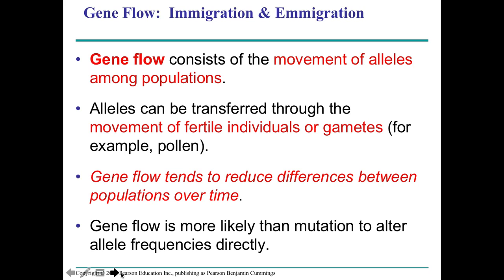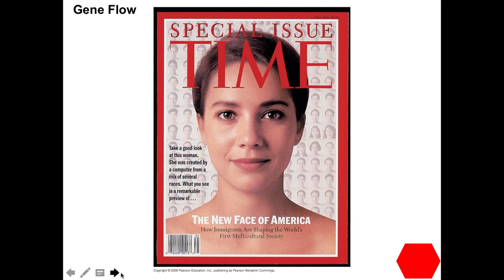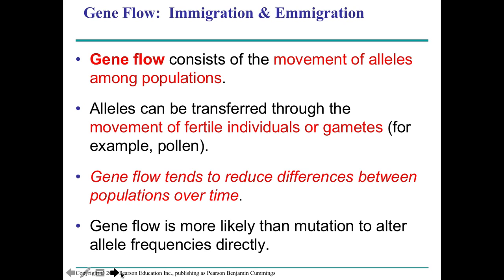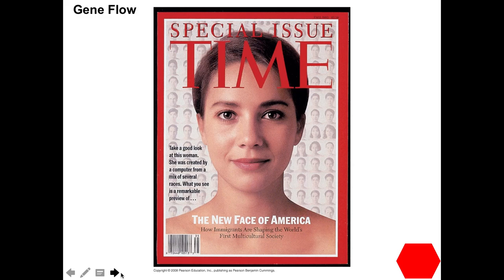a gene pool. So gene flow can reduce differences in populations over time, and gene flow is more likely than a mutation to change allele frequencies directly. Because you have people or other organisms coming into a population or out of a population, it can change what